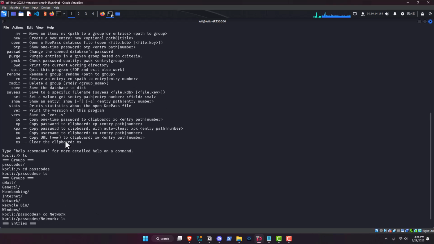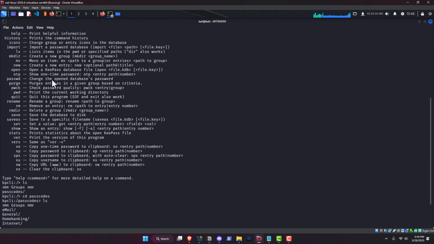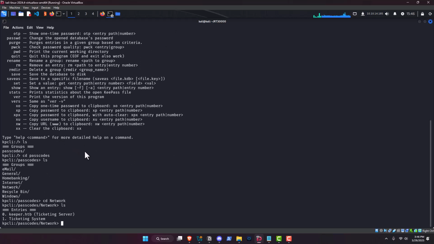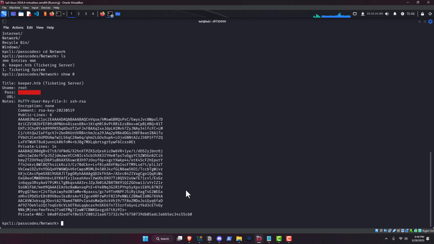So we want to, what was the command to do that? Show right here, show an entry. So we want to type show 0. And then I was like, crap. This is a PuTTY private key, an identity file. And I was like, how can I use SSH with a PuTTY PPK file? I have a pretty substantial Windows background,